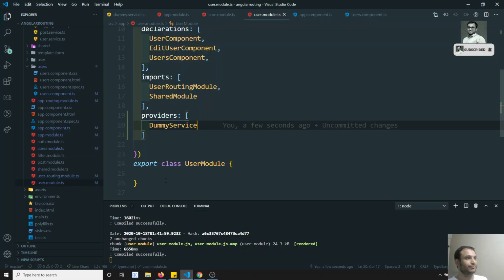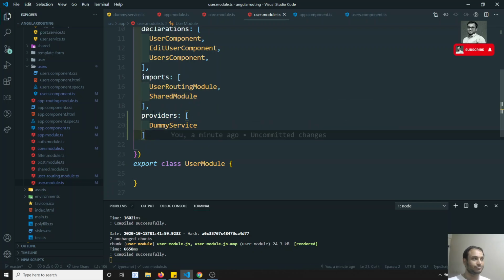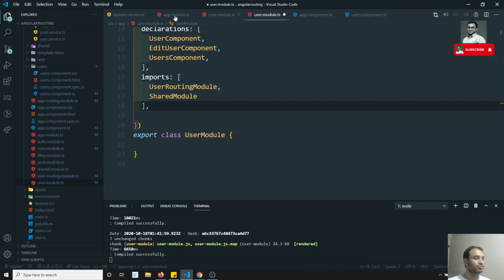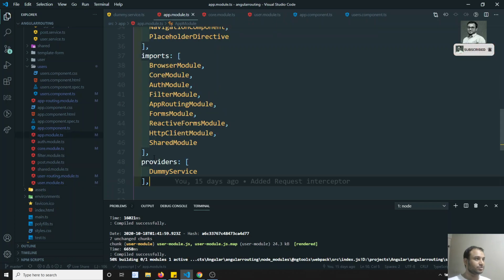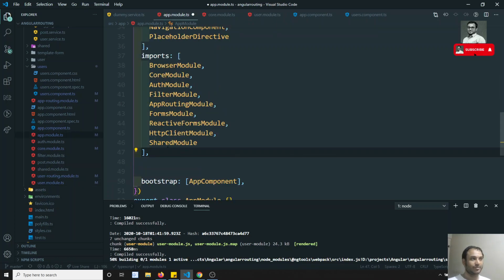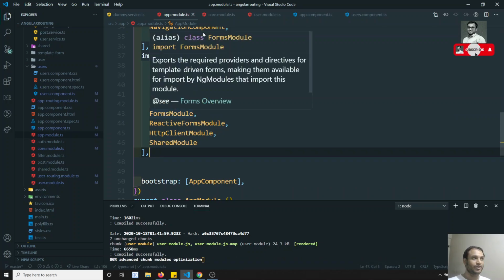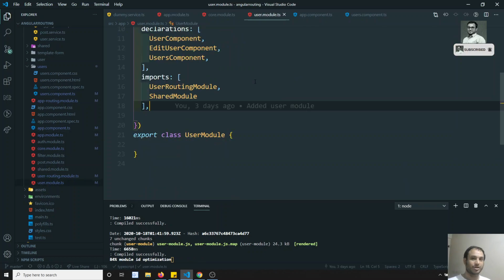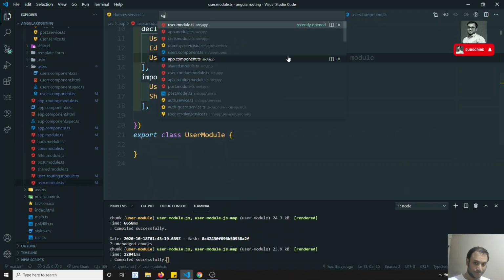Another case: what if we mention it in the shared module? Here also we are using the shared module, right? In the app module we are using the shared module, and in the user module also we are using the shared module. So why can't we declare it in the shared module?